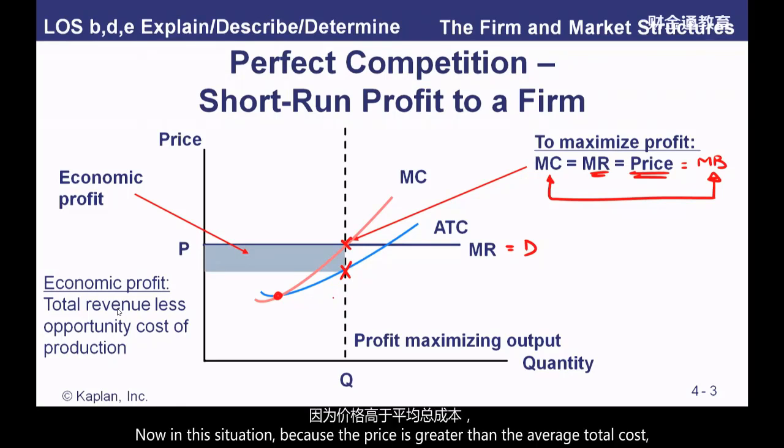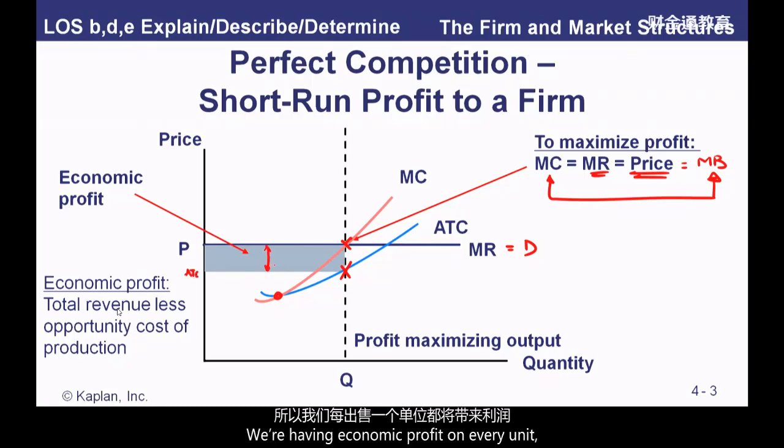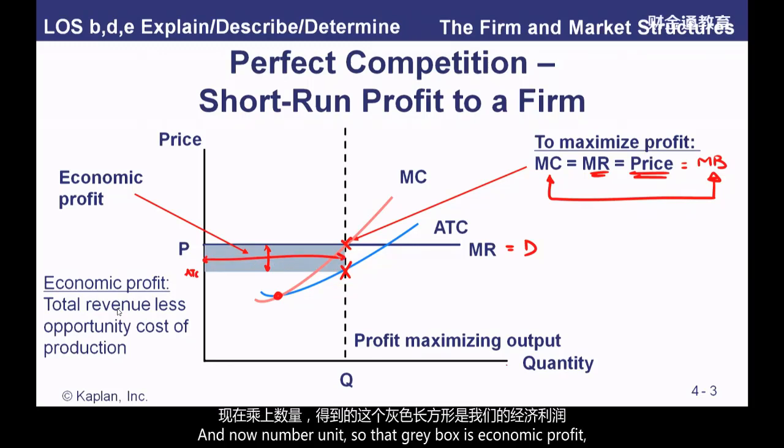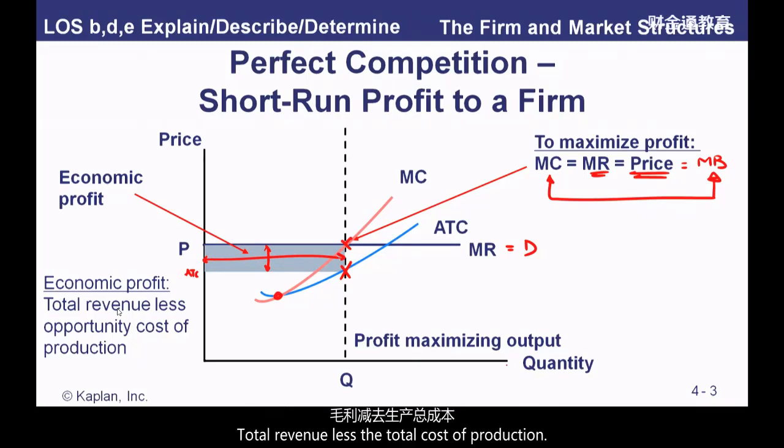Now in this situation, because the price is greater than the average total cost, we have an economic profit on every unit. And that number of units, so that grey box, is our economic profit. Total revenue less the costs of production. Now, key point. That is a possibility